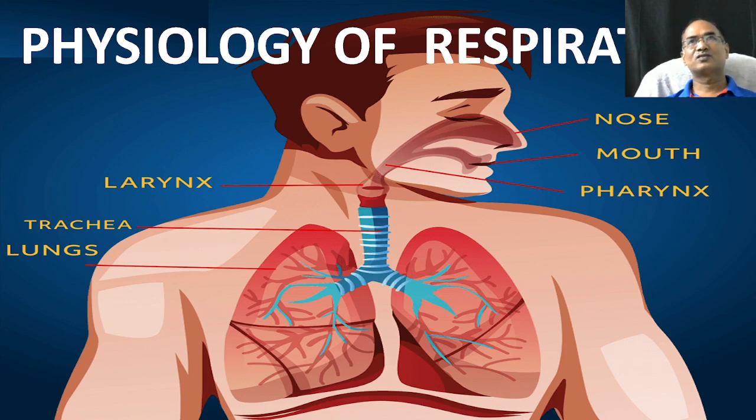Dear friends, today we are going to discuss the physiology of respiration. So respiration is very important, same like the cardiovascular process. There is a 50% contribution to make your cardiorespiratory system more efficient to supply oxygenated blood throughout your body and brain. Already we have discussed the cardiovascular process. Today onwards, we are going to discuss the respiratory contribution to make your body more perfect.